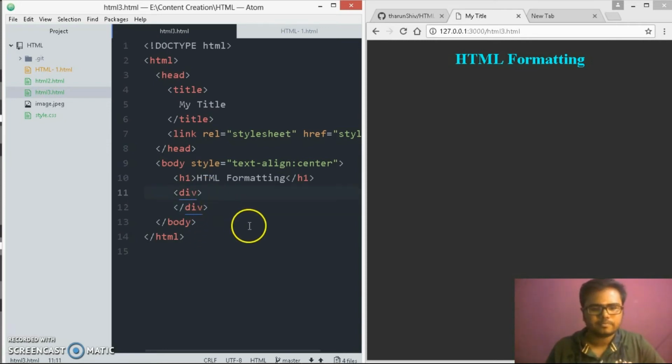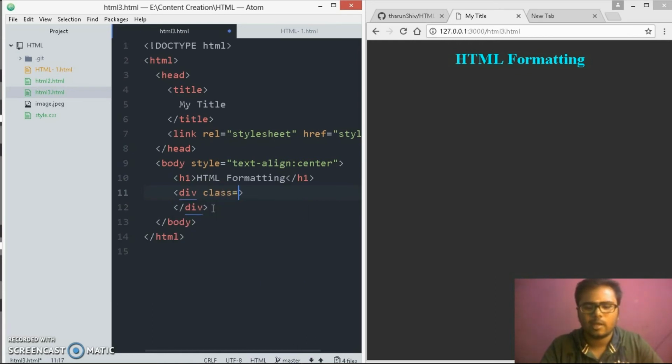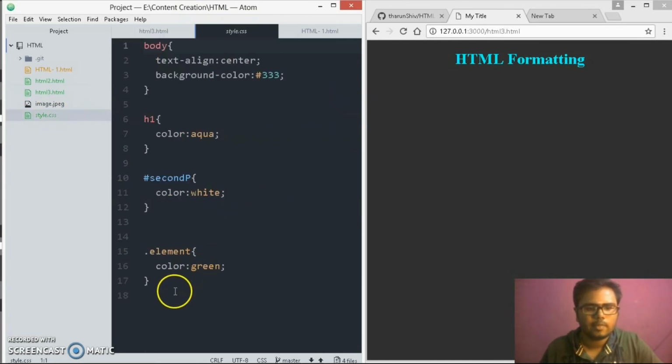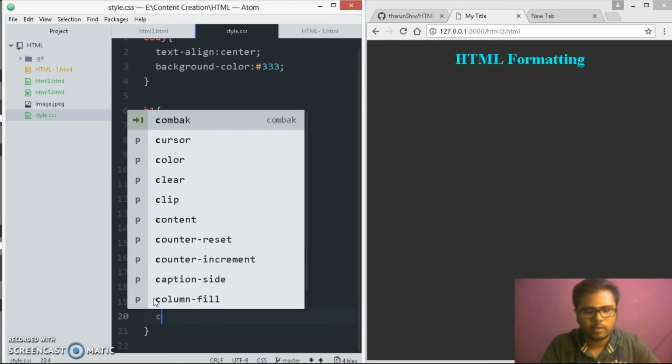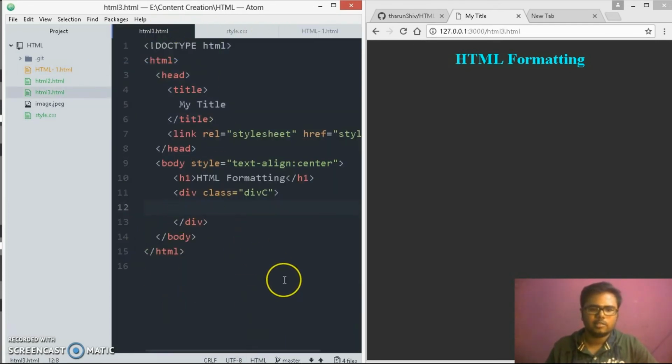For example, here's a div, and if you remember just now we used a class, so we could use another class equals div c, maybe div class, it could be anything. Now let's go to the style.css and write .divc and write a rule for that. I just want to use the color white, that's why I'm doing so many things. Now whatever we write inside the class div would appear white. For example,